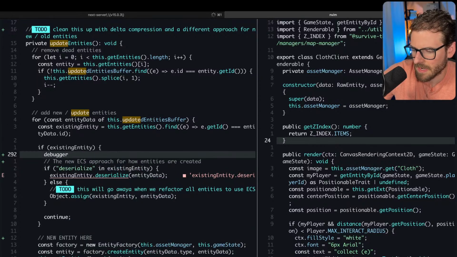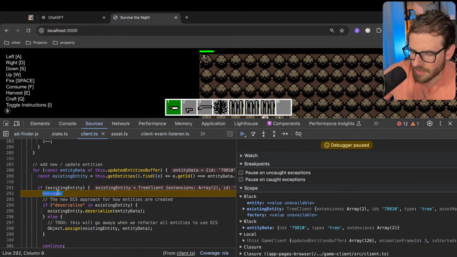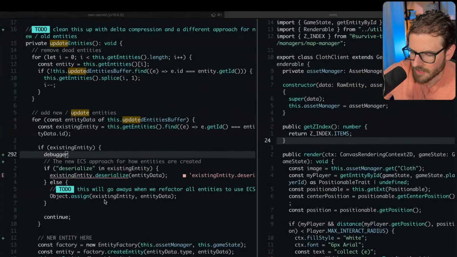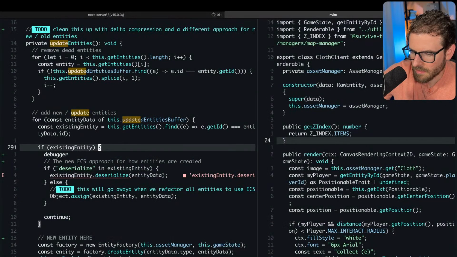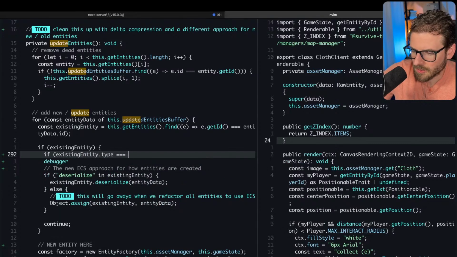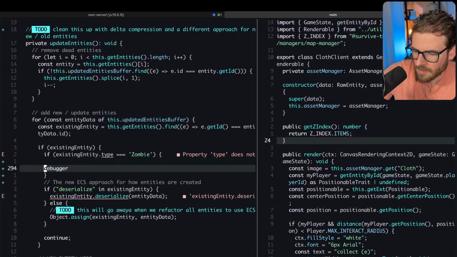Let's just try debugger now, and then we'll go back and see if we can change that. Debugger, here it is, existing entity. We got a tree, type of tree. So technically, I think my typing is just wrong here, but I could say if existing entity.type is equal to zombie, then we want to do a debugger here like this.